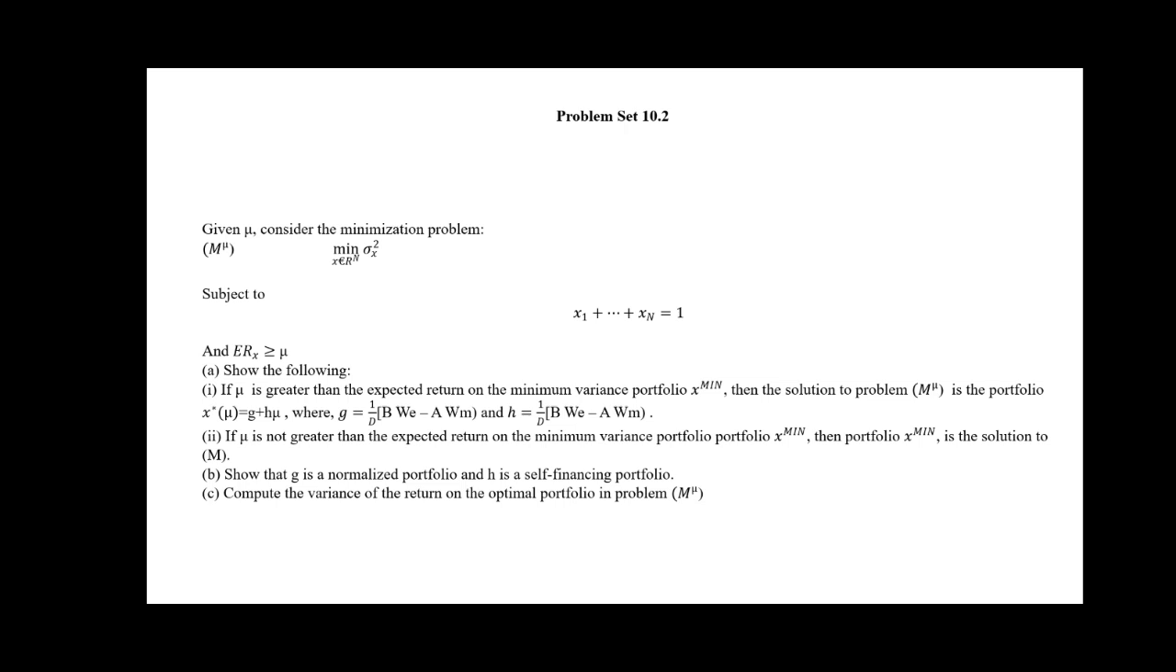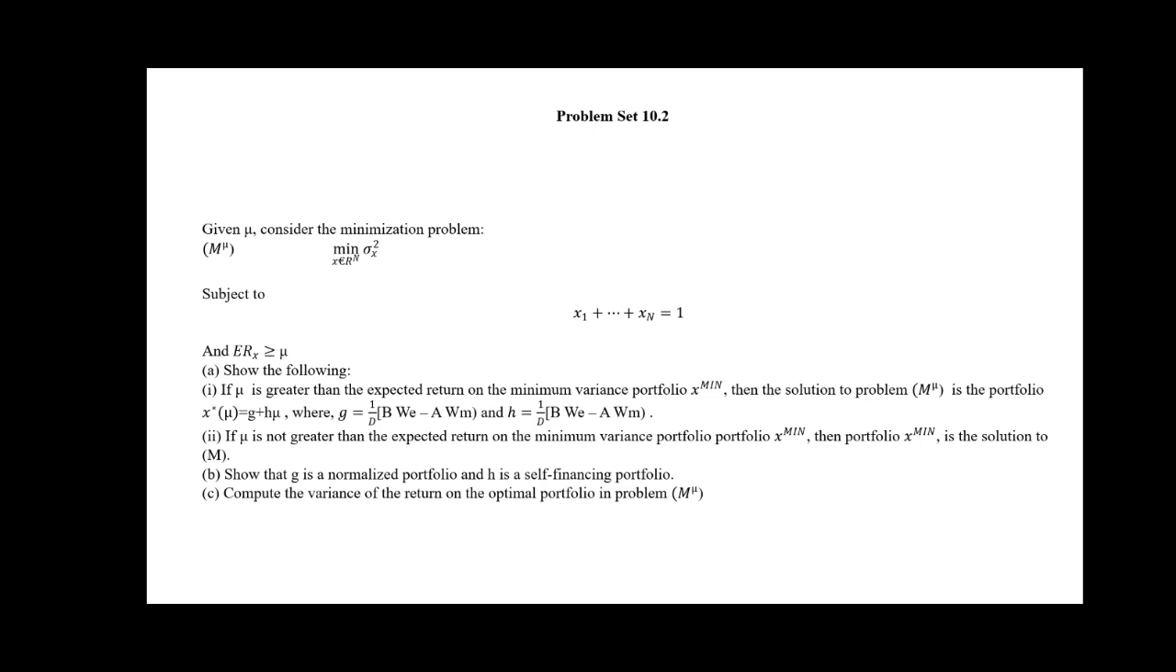Problem set 10.2. Given mu, consider the minimization problem: minimum sigma x squared subject to x_1 + ... + x_n = 1 and E[R_x] greater than or equal to mu. Show the following. 1. If mu is greater than the expected return on the minimum variance portfolio, x minimum, then